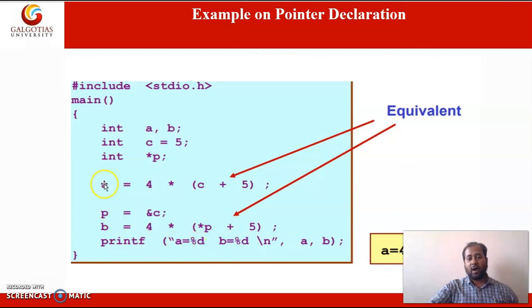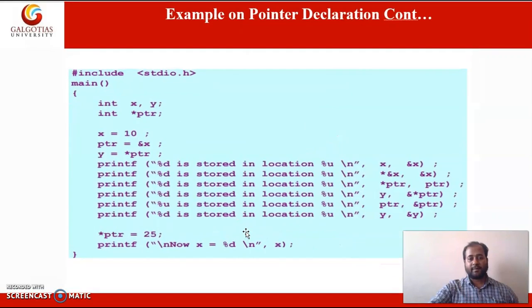So the values of both a and b will be the same. Okay, so these two expressions are equivalent. Here directly we are accessing the value of c, and in the next we are accessing it using the pointer.